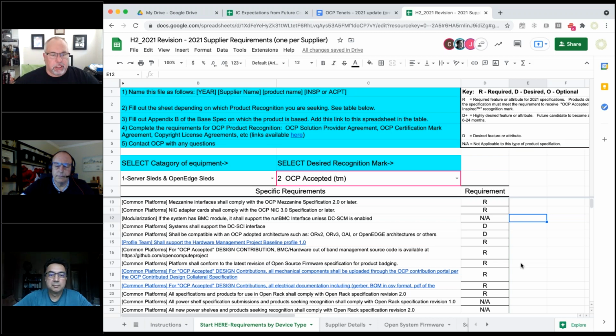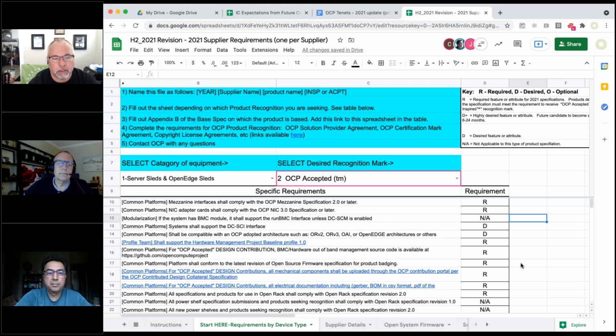There's kind of an evolution that we went through. We started with this set of requirements. This rolled into an update to the spec template. And like Archana pointed out, these should be reflected in the template as either desired, highly desired, or required.